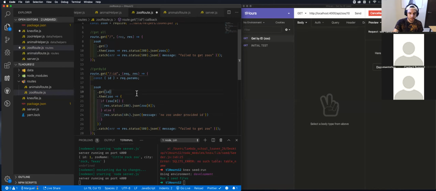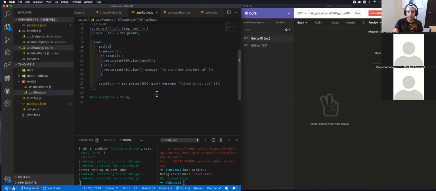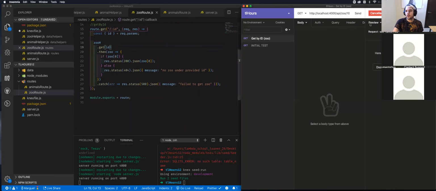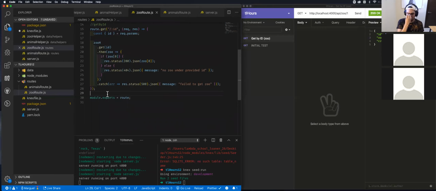Okay. So now let's test it real quick. If we ask for a Sue of ID of 10 when we only have 2, we'll get that message: no Sue under provided ID. And if we ask for one that's there, we'll get the Sue. Okay, awesome. So now let's keep going. So router